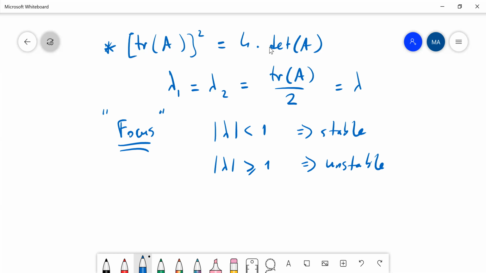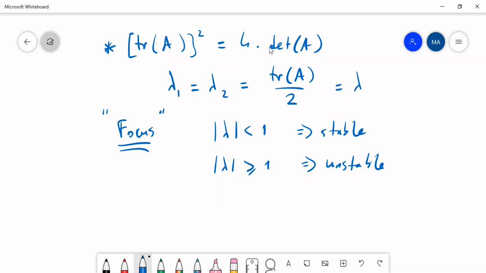Okay? So finally, that's very simple, because now the square of the trace is equal to 4 times determinant. So this is the repeated real case. You have lambda equal to half of the trace, and if it is less than unity in absolute value,